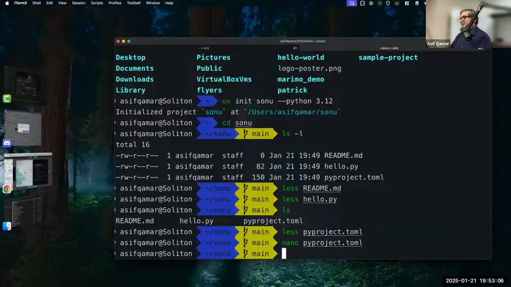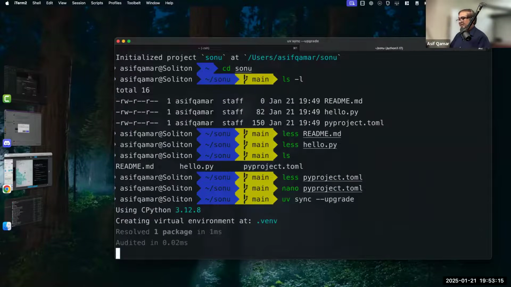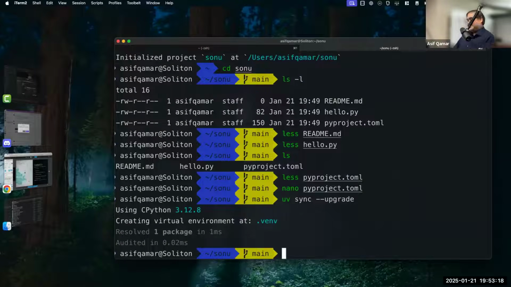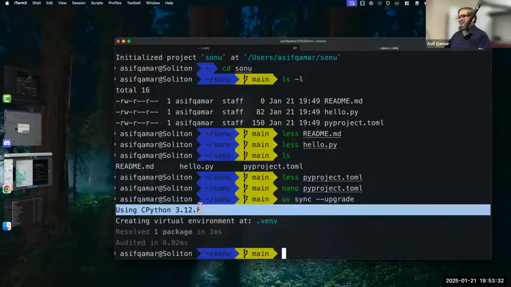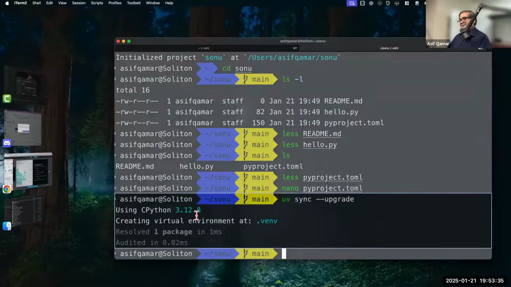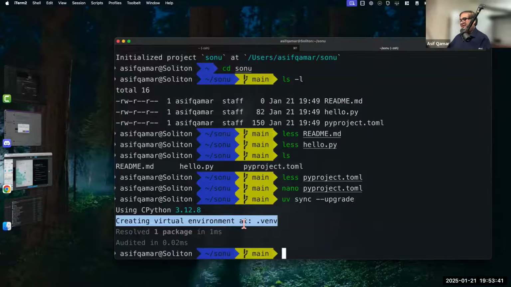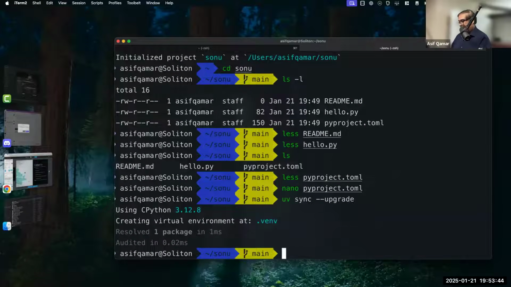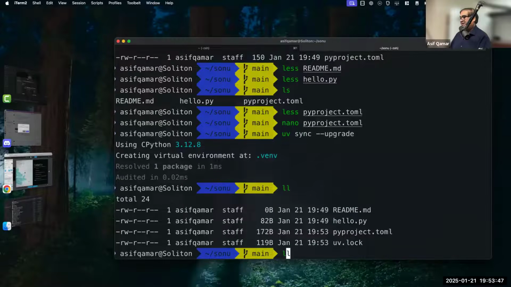Now, what is the next thing we will do? We will say uv sync and with upgrade. Well, at this moment, there are no dependencies, so upgrade makes more sense when you are asking your project to get synced and upgraded to the latest version of all the dependency libraries. But here it doesn't. But what it does is, observe the sentence where it says, using CPython 3.12. You said greater than 3.12, so it chose 3.12.8, and then it created a virtual environment in this. So if you do a list of files,